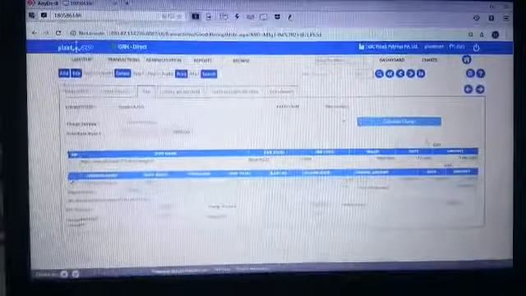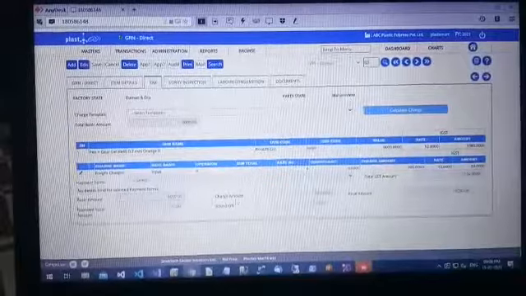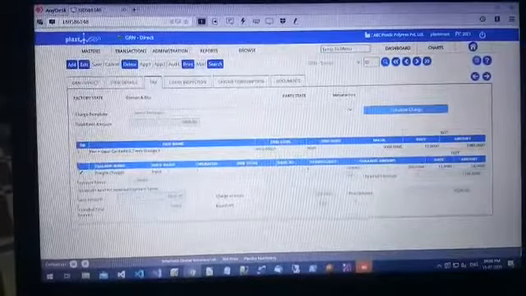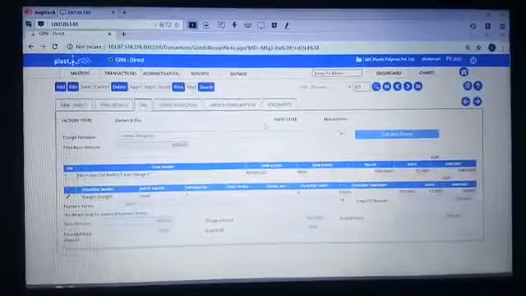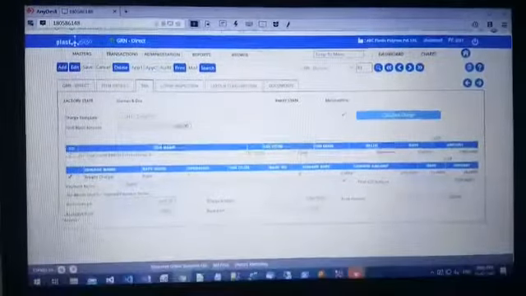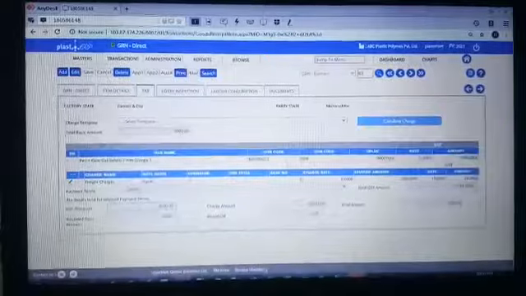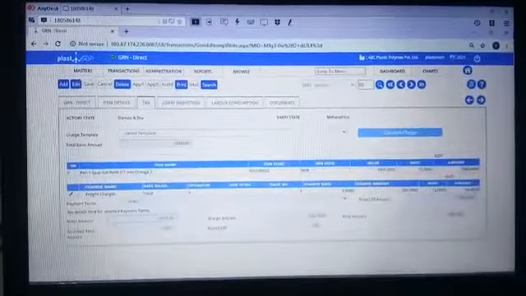After that, the user can click on the calculate charge button. Here it displays the basic amount, charge amount and final amount. And the total tax amount is displayed here.